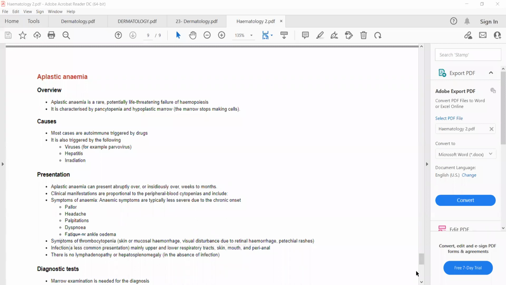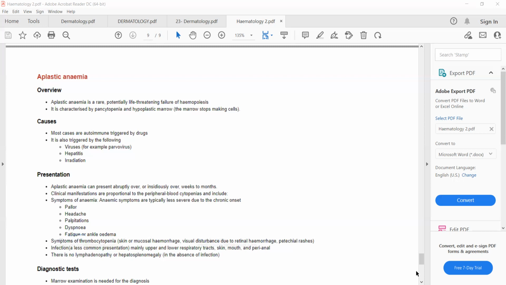Our next topic is aplastic anemia. So aplastic anemia means anemia as well as other cell lines being reduced due to bone marrow failure, failure of the bone marrow to produce any cell line, or failure of hemopoiesis. So it is characterized by pancytopenia and hypoplastic marrow